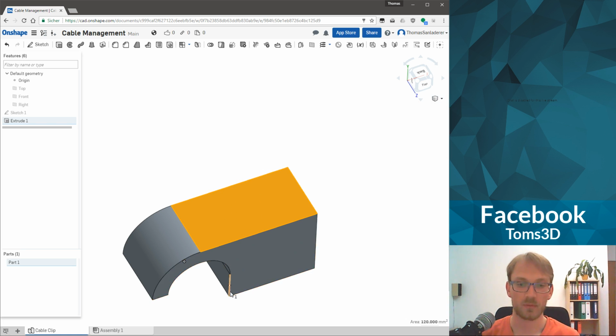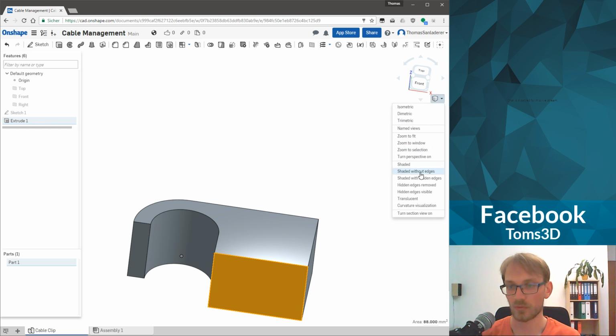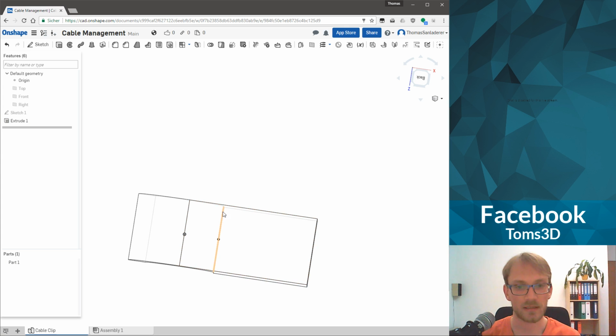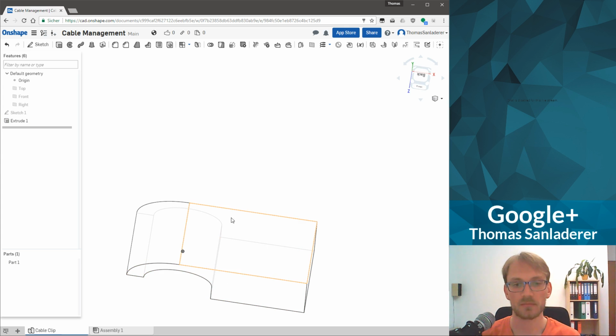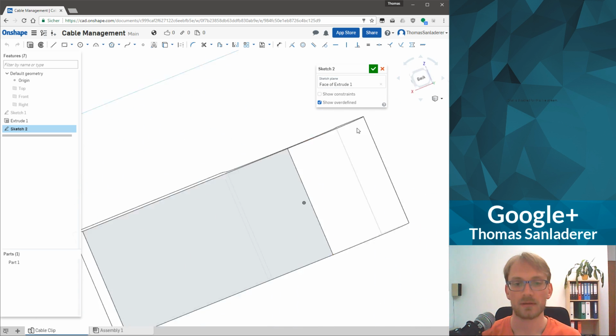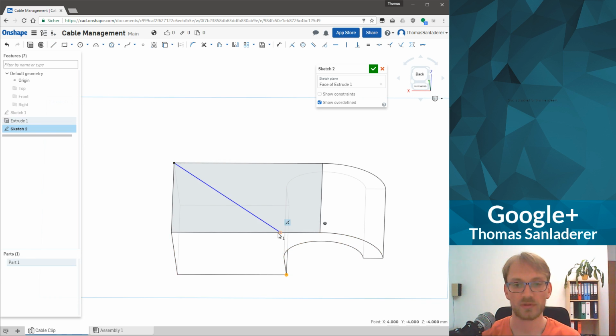Because we want to center this on this bottom surface, but we want the countersink on the top, we're just going to switch this to shaded without edges. No, hidden edges visible. There we go. So now if you look at it from the top, from this direction, we can see the bottom geometry down here. So select that surface, sketch, and let's get over here, back. So this is the bottom area right here, line right across here, and we will need to select this point down here